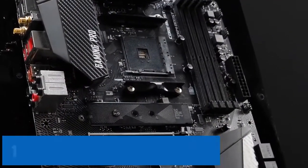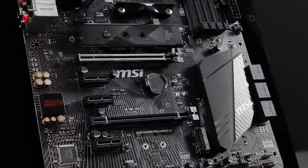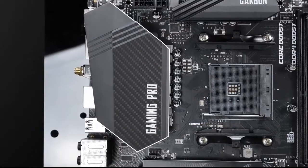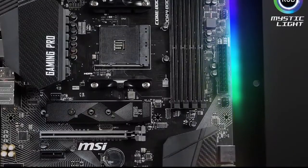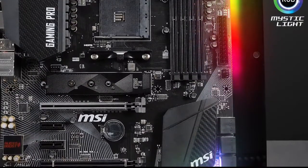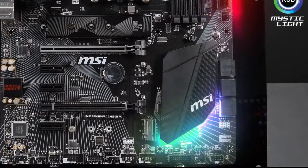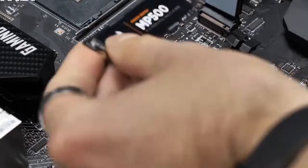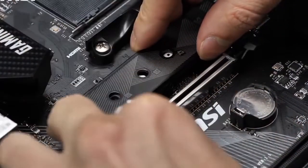Starting our list with the MSI B450 Gaming Pro Carbon AC. You might be thinking, who built the ultimate AMD B450 motherboard? Well, the answer is simple: the MSI B450 Gaming Pro Carbon. It is regarded as one of the best B450 motherboards. Subsequently, MSI has managed to outperform with this one. It's an improved board and certainly a better buy compared to most X470 models, such as the X470 Gaming Pro and